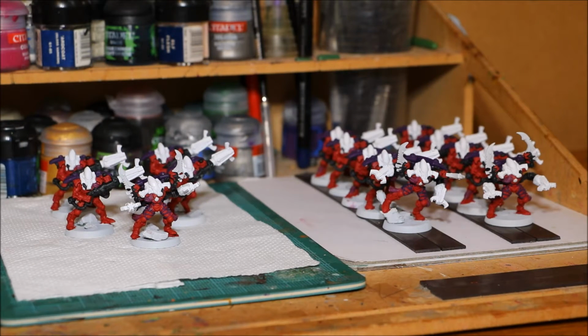Right, another update on the Get It Painted challenge, and I've been a very busy boy painting purple on these warp spiders. I'm going to run over what I've been up to in a second, but first of all,